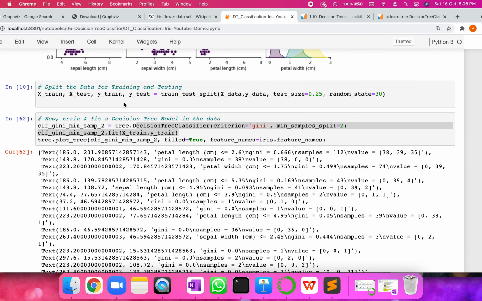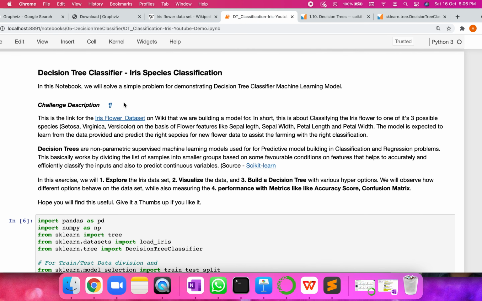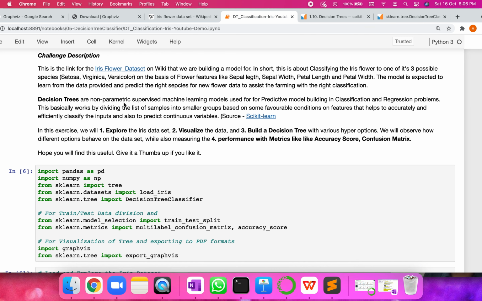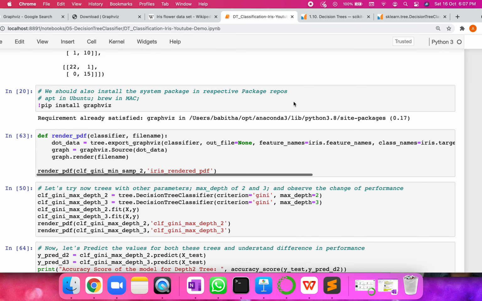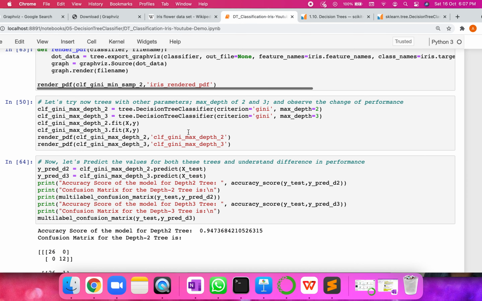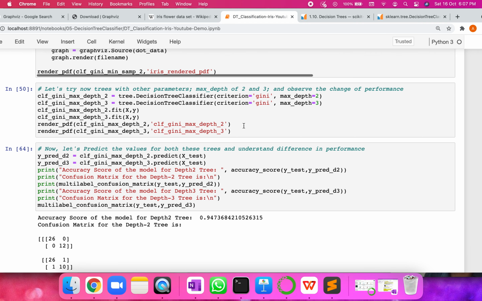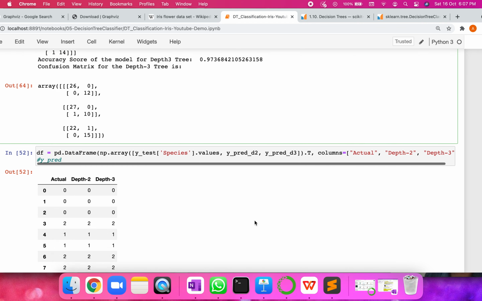Alright, so I think that's pretty much what I have in this video. Mainly I just wanted to make sure we take this example problem and build the classifier, right? And then be able to predict with the new data, and also build the tree with different possible options. We have built with the max depth 3, and we have also seen how we can pass parameters like criterion, which was the loss function, and we have also measured how different classifiers that we have built with various parameters have done with respect to their accuracy scores and confusion matrix, right?